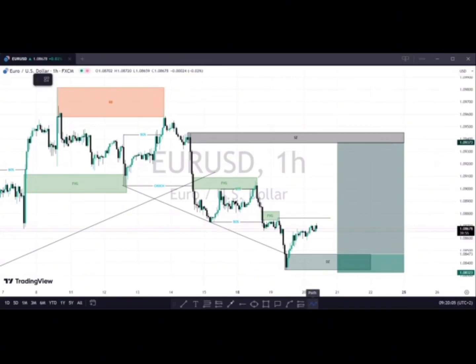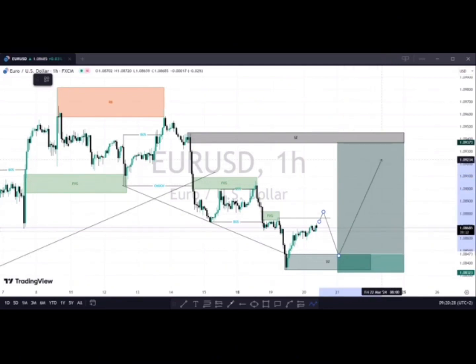Let me highlight by using this path. We are looking for price to break above here, then drop to our unmitigated demand zone,